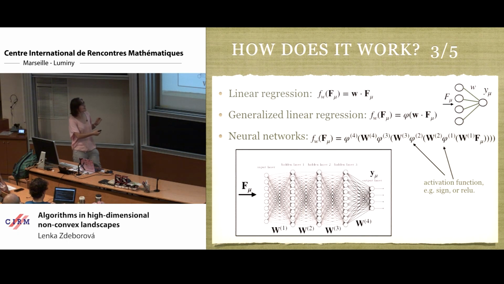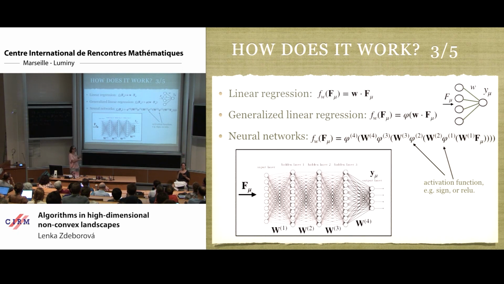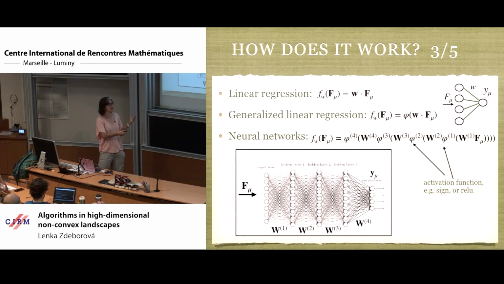You can generalize this slightly, especially if you want to go to these ±1s instead of real outputs, that you put here some nonlinear function phi, for instance, the sine, to get to ±1s. So that's still like statistics, I don't know, 40 years ago, you knew how to say things about that. A neural network is just a simple generalization of that, where you multiply the input by this time a matrix of weights and you apply nonlinearity component-wise. And then again, you multiply by a matrix of weights and you apply a nonlinearity element-wise, and you do that a couple of times. And we represent it by this kind of picture.